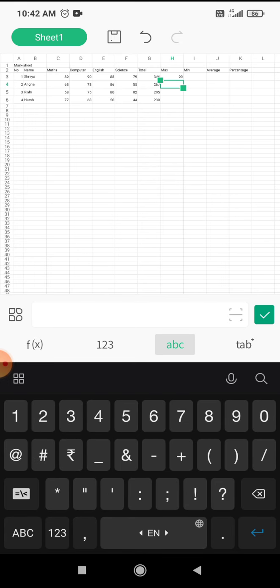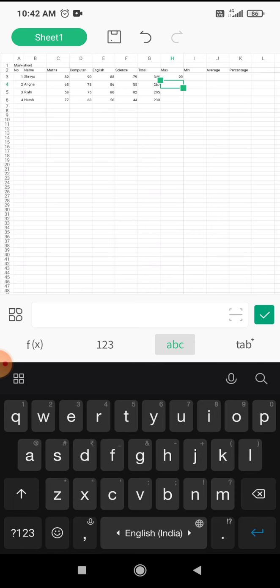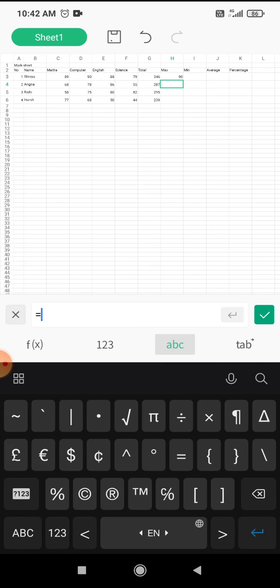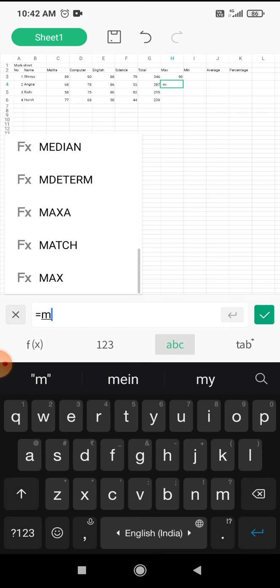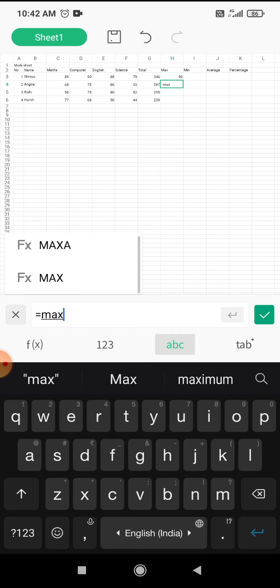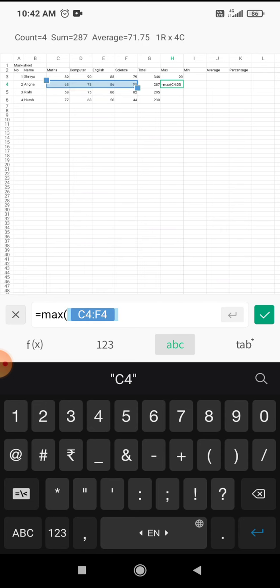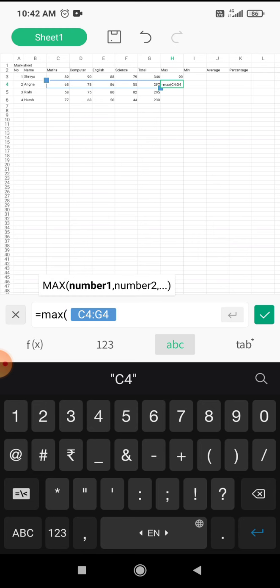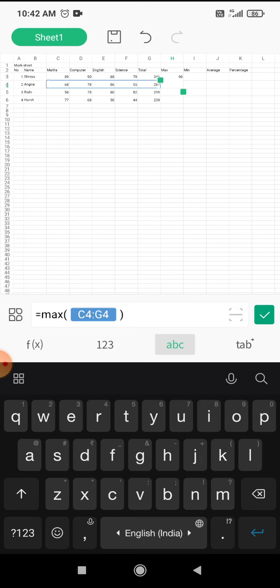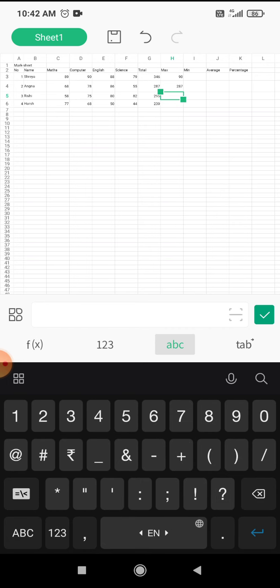Same thing we applied for the next. Equals to max, round bracket, here I am selecting the cell address, then press the enter key.